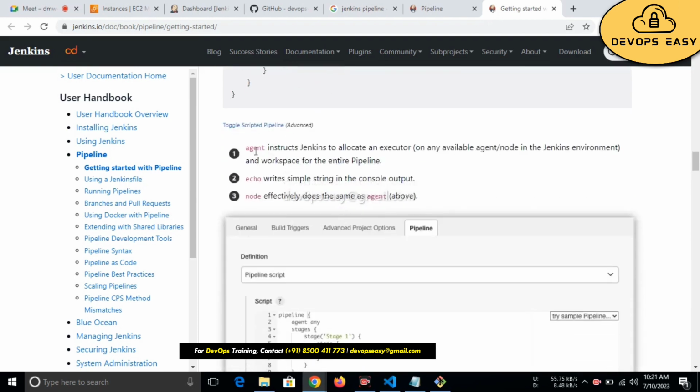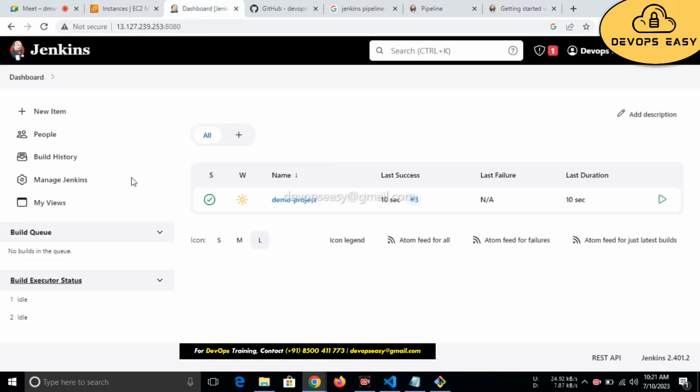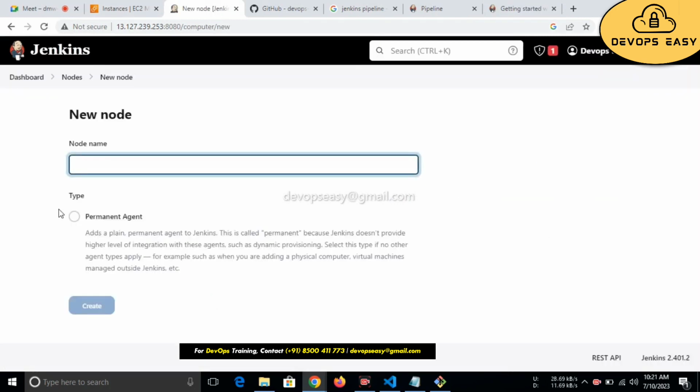So if you see, the agent instructs Jenkins to allocate an executor or any available agent by node in the Jenkins environment. So in Jenkins there are master-slave like components. If you have added any new node and you want to run on a particular node, then in the agent section you can give that specific node name, and automatically this pipeline script will run on that particular node. Suppose at present I am in Jenkins master. If you have another node, if you go to Manage Jenkins, set up agent, suppose you added a new node,